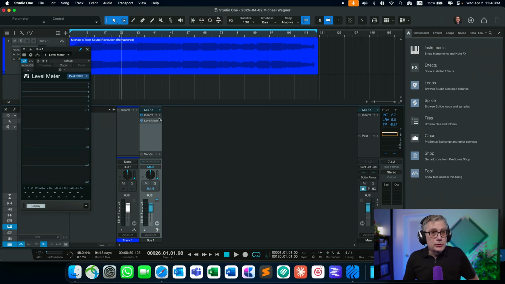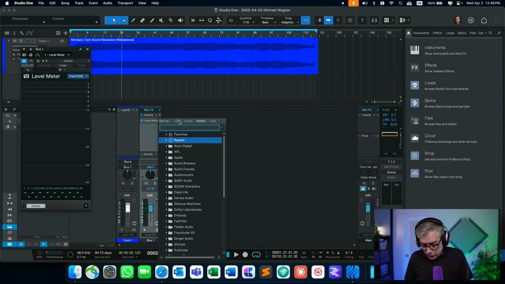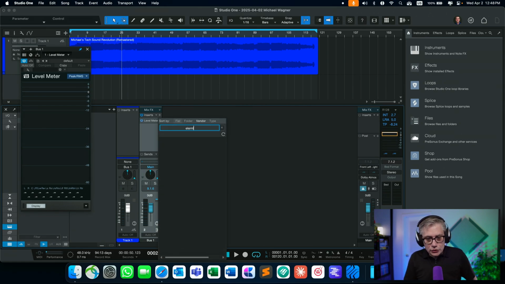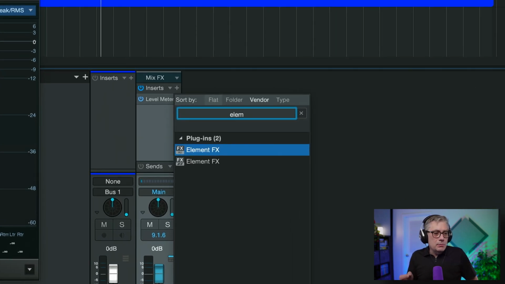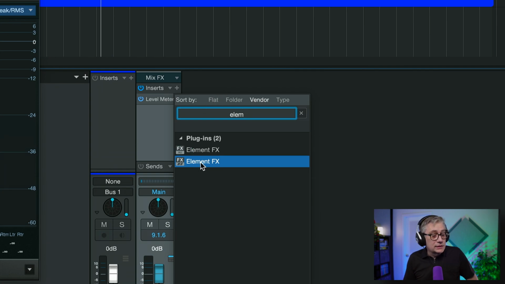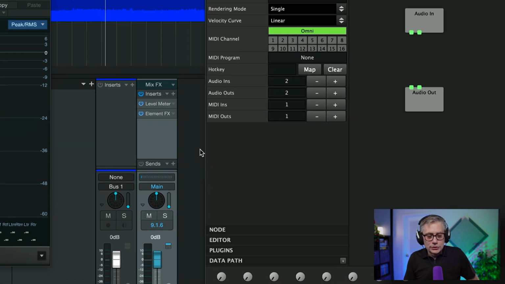What I'm going to do is load in my plugin host, and the plugin host that I'm going to load in is called Element from Kushview. When you load that in, be aware that some plugin versions might work where others might not, so you need to simply test it out. If you follow my steps and find that it doesn't work out completely, just try it with a different version. In my particular case, with Studio One on a Mac, it turns out that the VST3 version has some hiccups. It doesn't really work completely as intended. So I'm going to use the Audio Unit version instead.